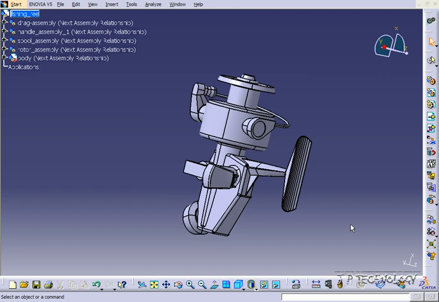This is tutorial number 4, and it covers the mouse buttons within CATIA V5. To start off, open up the fishing reel step file, which is located on the DVD. So what I'm going to do in this tutorial is show you the hot buttons for the mouse. So to start off, I'm going to open up a